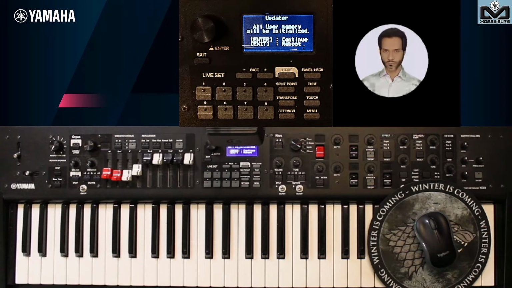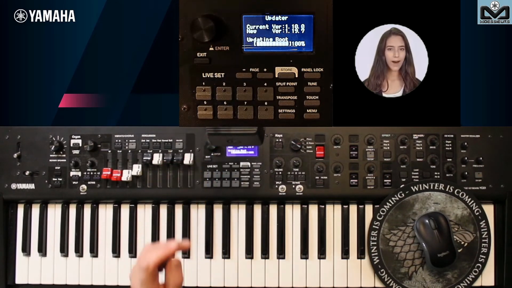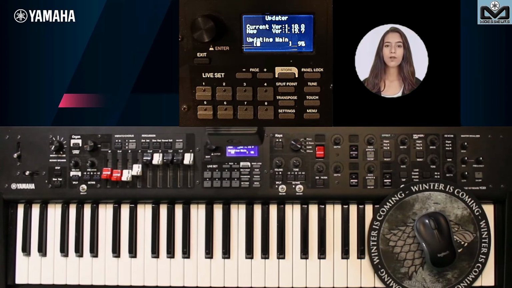You have a message to inform you that all your memory will be initialized. Are you sure to continue? In case of error you reboot, if you are sure you press enter, and this is where we will start updating operating system 1.20. First you will see that main data are updating. These are new features and what concerns FMX2, AWM2 waveforms for key A and key B sections are updated after this. Here this update takes only 40 seconds because it is a beta version without AWM2 waveforms. For the final version, the update may take a little more than 10 minutes.